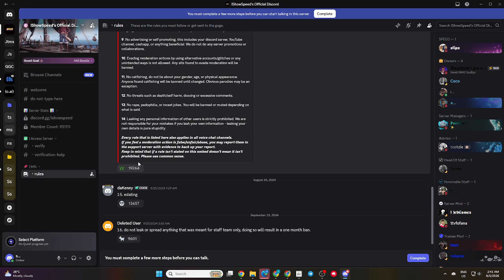That's all there is to it. By using Discord's Explore Discoverable Servers feature, you can quickly find and join the official Ishowspeed Discord server whenever it's publicly listed. Once you're inside, you can take part in the community and stay up to date with announcements and